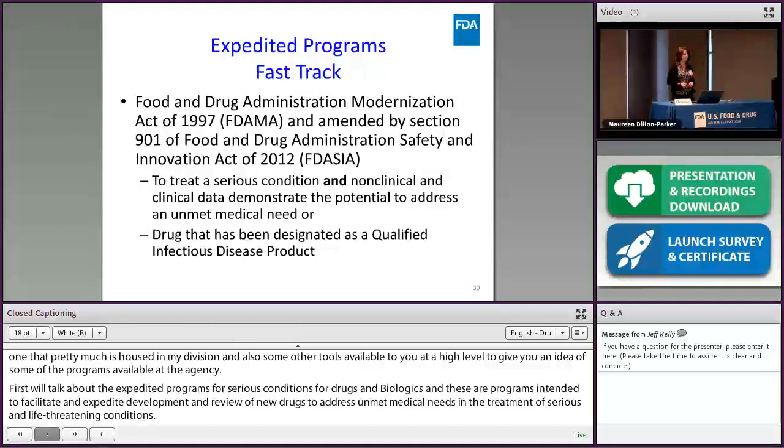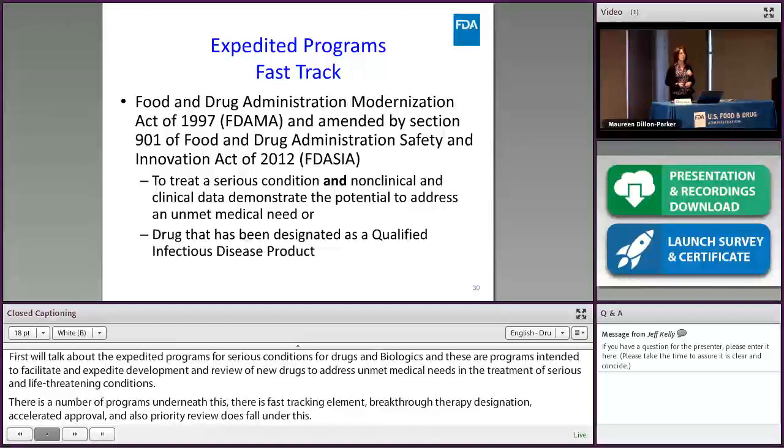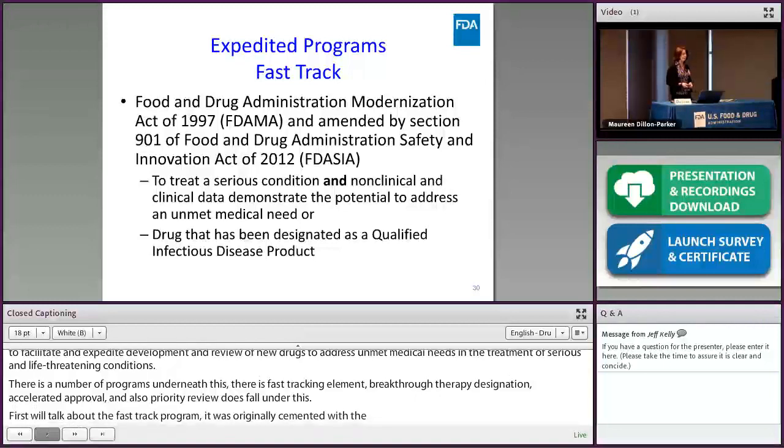So first, we'll talk a little bit about the FastTrack program. The FastTrack program was originally implemented with the Food and Drug Administration Modernization Act in 1997. They call it FDAMA. And then it's recently been amended in Section 901 of the Food, Drug, and Cosmetic Act, or Food and Drug Administration Safety and Innovation Act of 2012. And you'll hear a little bit about that during this presentation because there were 2 new things implemented under that